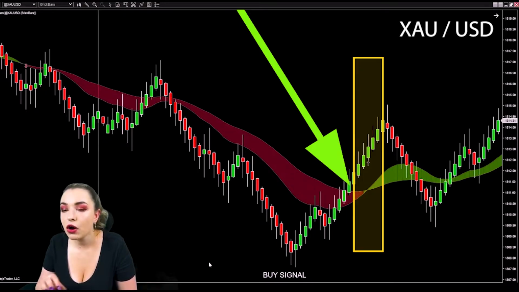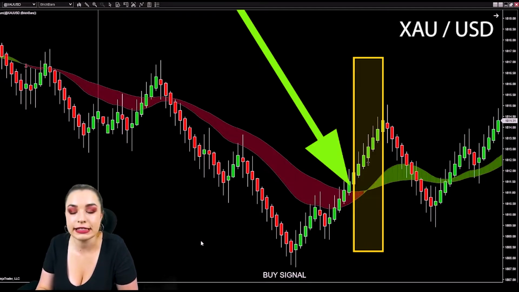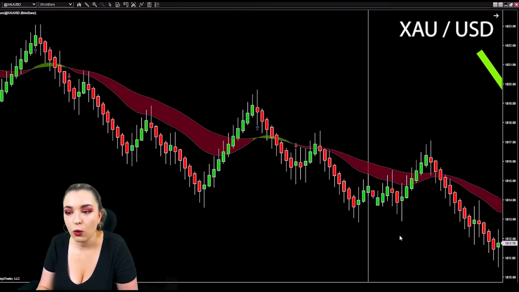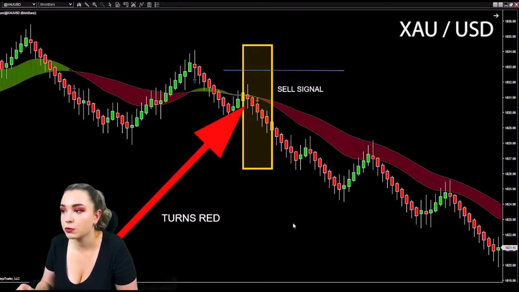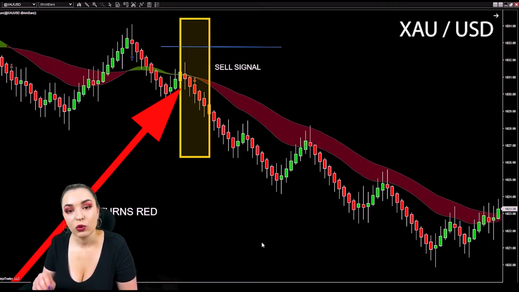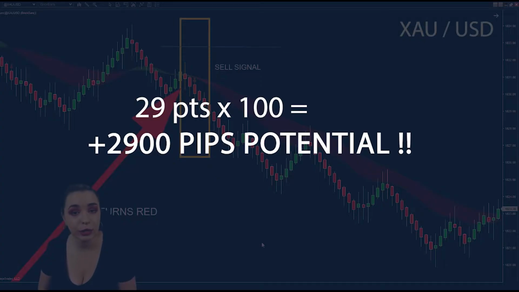Now, the lowest point of this trend could have played out to be at 1807 as a price point, whilst the highest point of the trade would be back here at the highest price point of 1836. Now, what does that do? If you do the math behind it, that leaves you with just around 29 points. And if you are aware, points are not pips. If you multiply it by 100, you get your pips. So basically, in our case, we have 29 points times 100, and you're looking at a potential of 2,900 pips